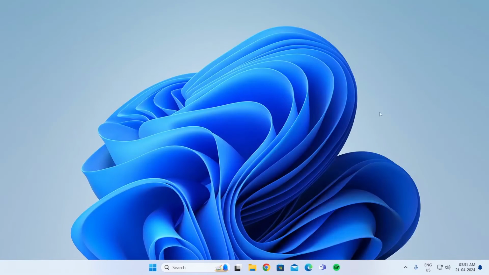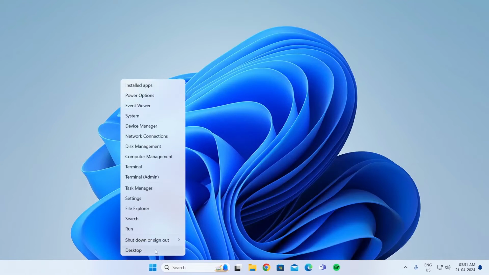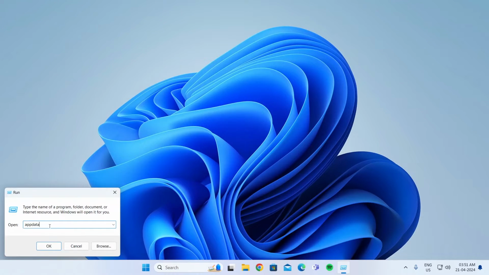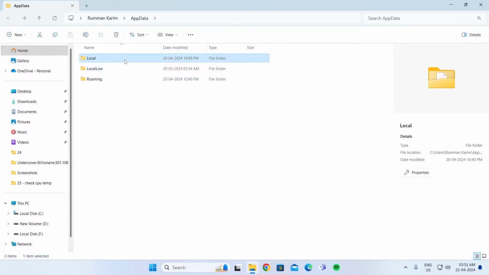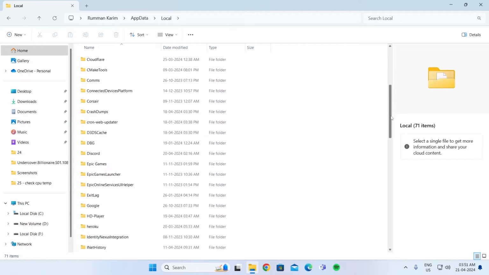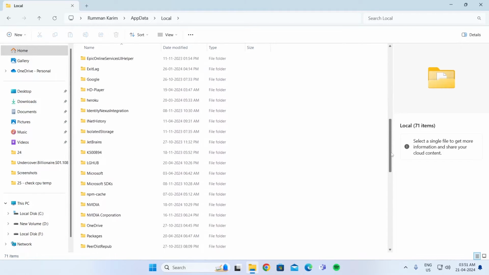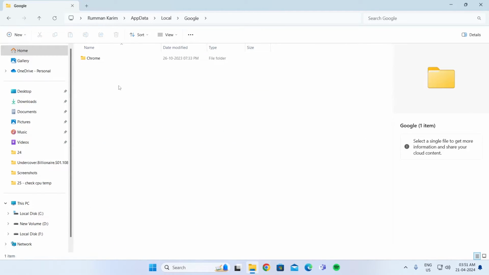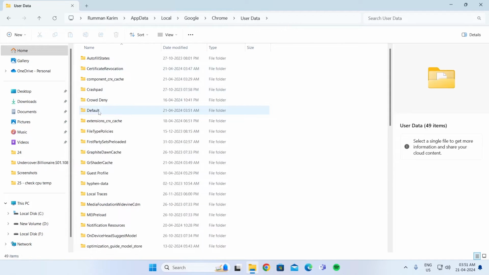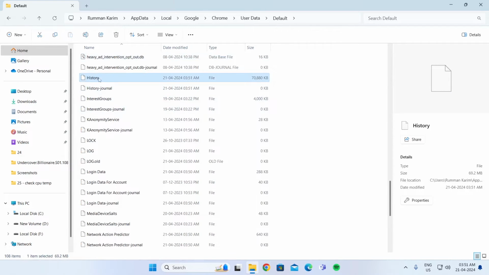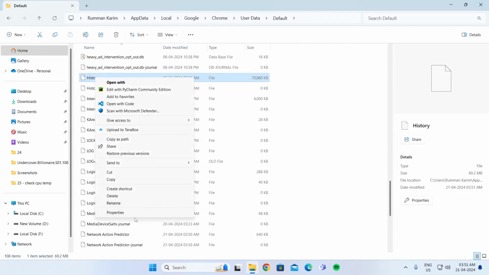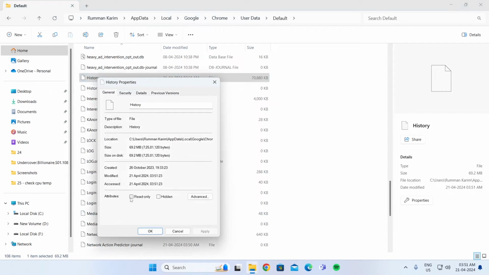Just close Chrome, go to Start, right click on it, go to Run, then just type app data, click on OK, go to Local, find Google here, go to Chrome, go to User Data, go to Default, find the file called History here. After that, right click on it, go to Properties, and check this box, Read Only, click on Apply, click on